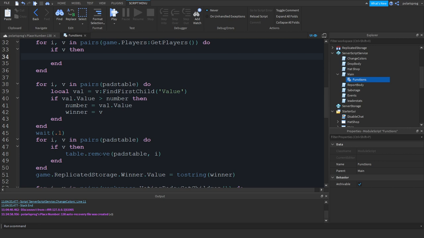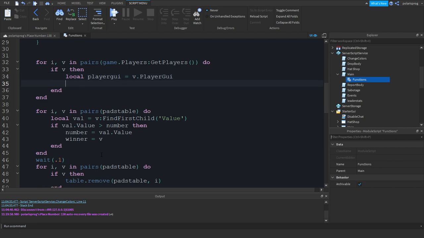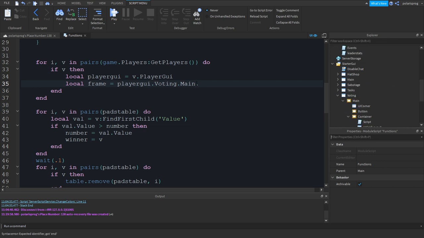we'll loop through all of the, let me think about this. Let's create a variable for playerGui. Local playerGui is equal to v.PlayerGui, sorry, and we will create a variable for the voting. Local frame is equal to playerGui.Voting.Main, what do we call it, Main, yes, Main.Container,